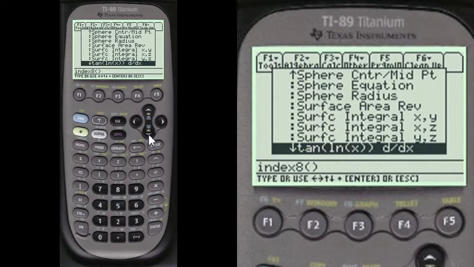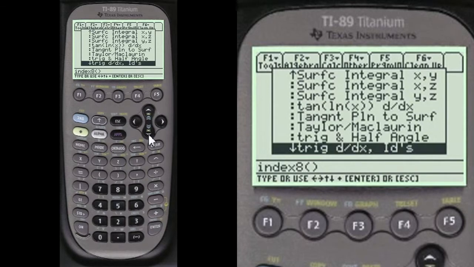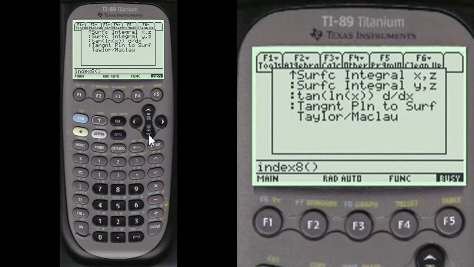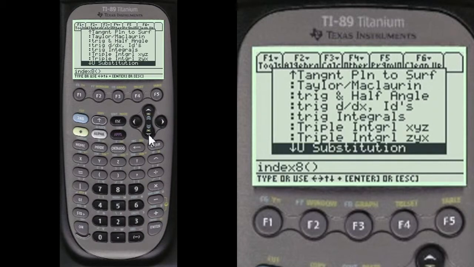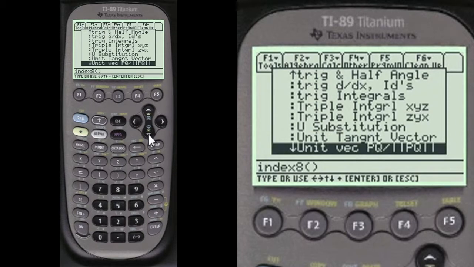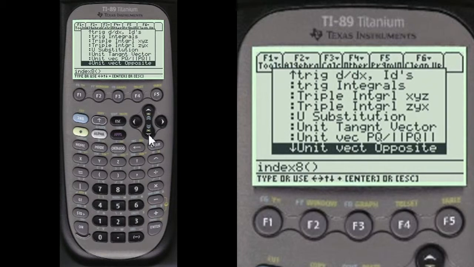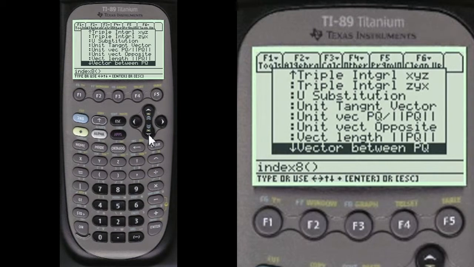sphere, center, midpoint, sphere equation, sphere radius, surface area of revolution, surface integral xy, surface integral xz, surface integral yz, tangent of log of x, the derivative of that, natural log of x, tangent of plane to surface, Taylor and Maclaurin series, trig and half-angle formulas, trig derivatives and identities, trig integrals, triple integral xyz, triple integral zyx,